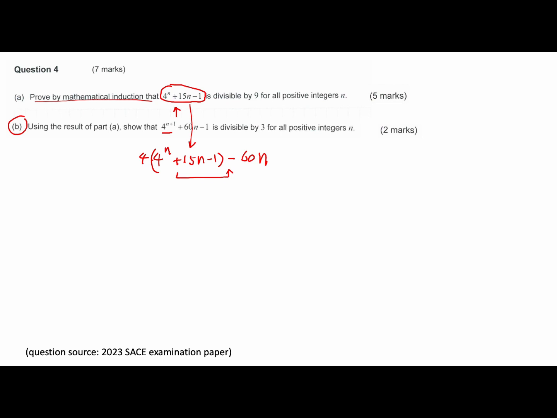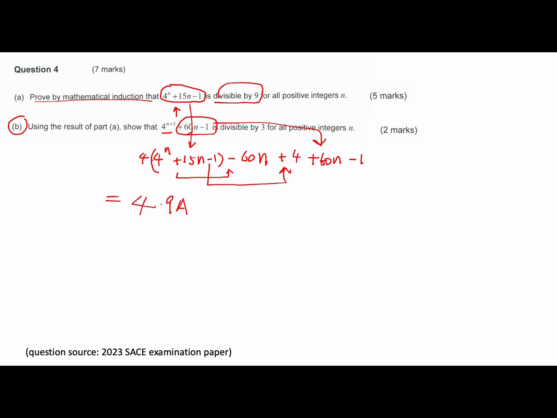This is because 15 times by 4. And then here is minus. You need to plus 1 times by 4, so which is 4. Don't forget that you still have this part. So you write down this part here. So I have plus 60n and minus 1. Then what we need to do is to substitute and simplify. Here's the question I, we have proved that it's divisible by 9, which means I substitute the bracket as 9i,